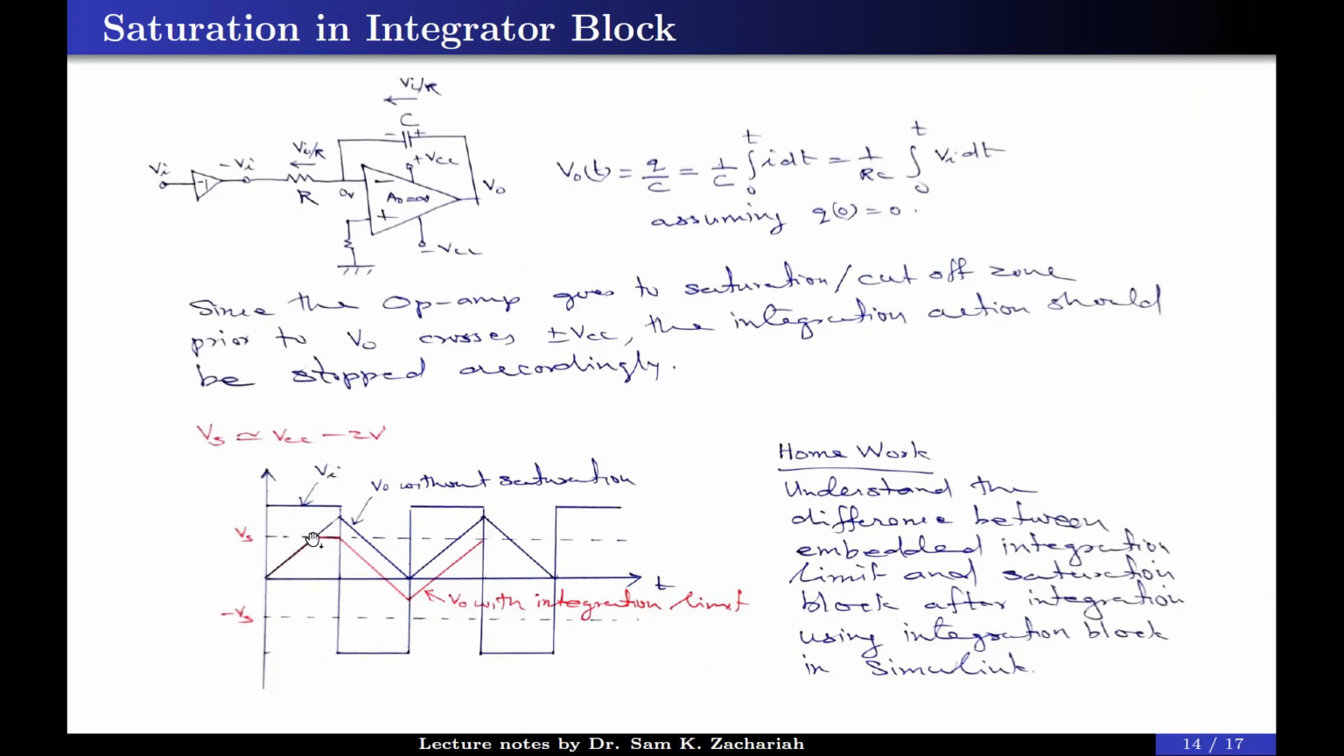So the moment the integrator output touches the Vs limit, this point, then the integration action is stopped and the output will remain at Vs until the input is negated, going in the opposite direction, so that whatever charge is stored is going in the other direction, so it can integrate downwards. So it starts from this point and